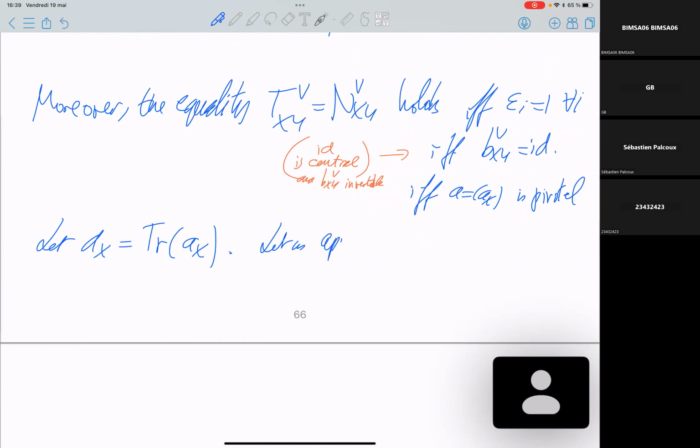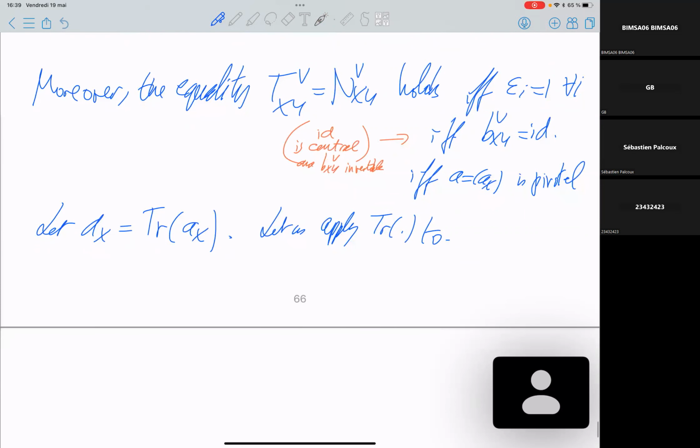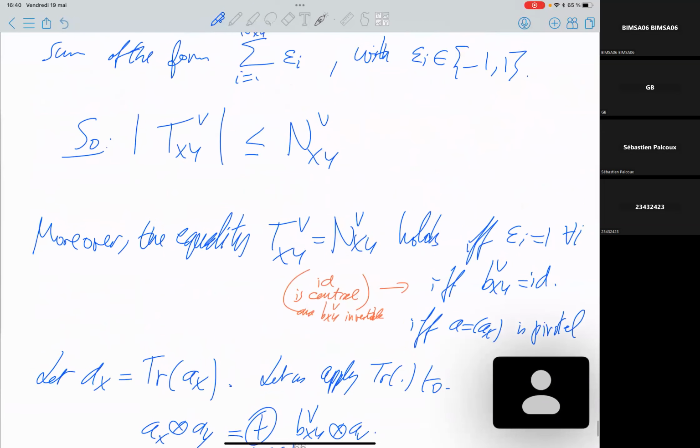Let us apply the trace to A_X tensor A_1 equals the sum of B_{XYV} tensor A_V. So